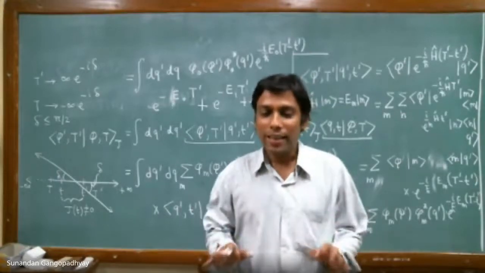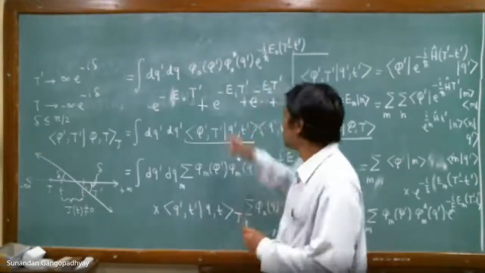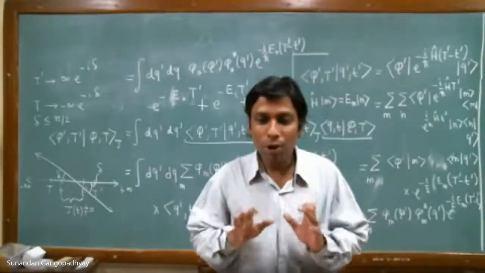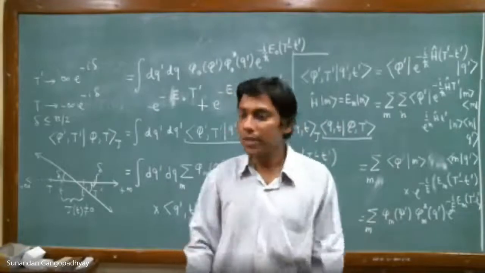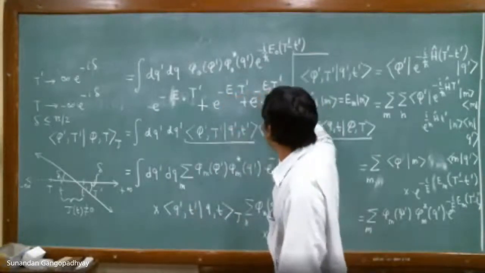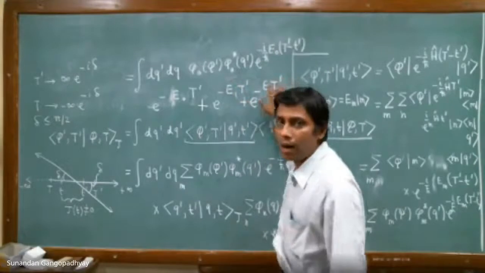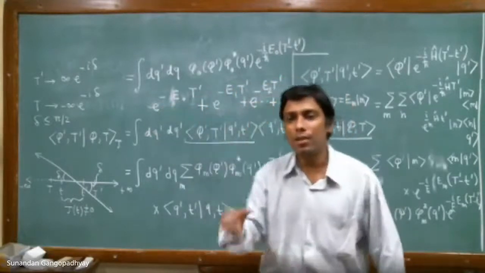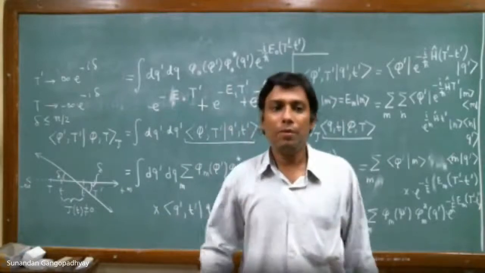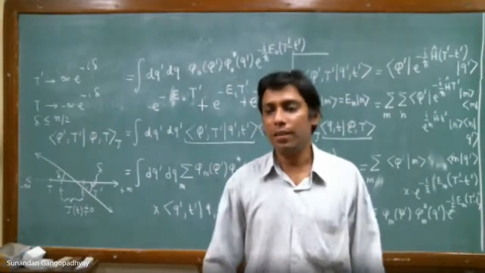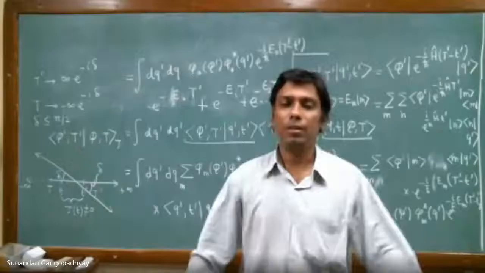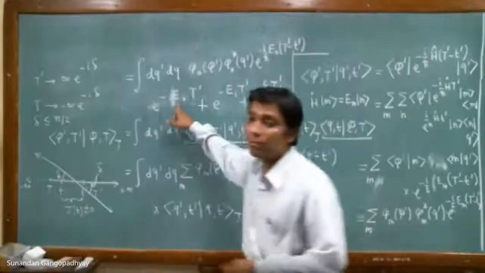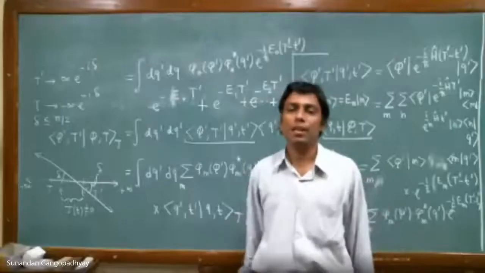So here, you are correct that if you throw this term, you should also throw this term. But now you follow a philosophy. The philosophy is that in this T prime limit, all these terms will be smaller than this term. So get rid of these terms. So this is a sort of approximation. In physics, we are always doing approximations, right? So this is the philosophy. Keep that philosophy in mind. You can throw this term out, but then you will have a null result. You will have nothing.